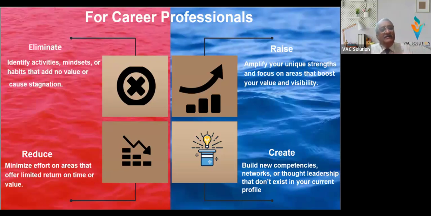Eliminate all the negative mindsets, habits, and things which are not adding any value and which are causing you stagnation. Like, for instance, ditch the idea that your role is defined by only the job description. Do the job description to the best of your capability. See what are the adjacent areas. This is what is called edge innovation. How many of you have heard of the word called edge innovation? Innovating on the edges of what you are doing is very, very important. When you do edge innovation, you lift the entire thing up.